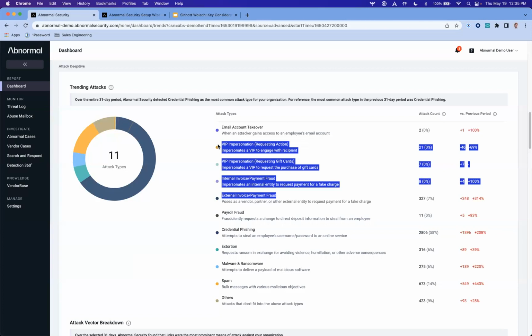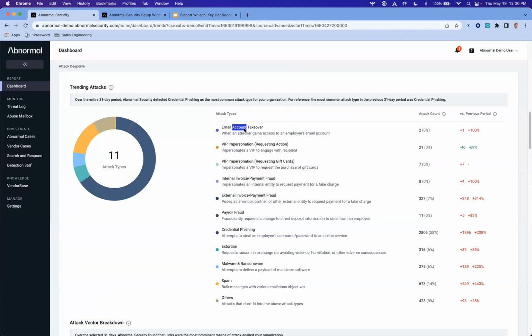It's as simple as a plain text email that has no links, no attachments, and is directed at those strategic group members or team members in your organization to make sure that they can socially engineer their way into a variety of use cases or attacks, primarily monetary gain, right? Some sort of fraud as well. So at the end, we have the last example here, the email account takeover use case. This is one that we see often, that oftentimes is very difficult to identify, right? And it's putting a variety of signals together to be able to tell the story. What happens when a user sees a link? It's a phishing website.